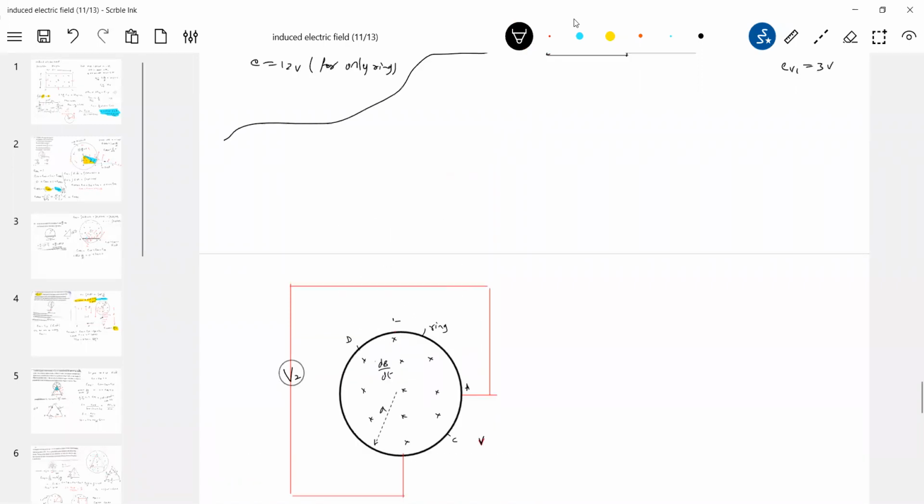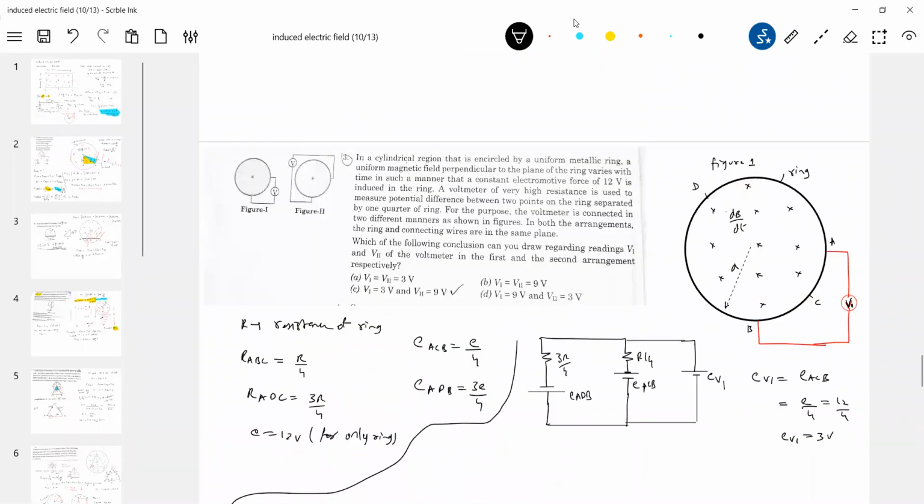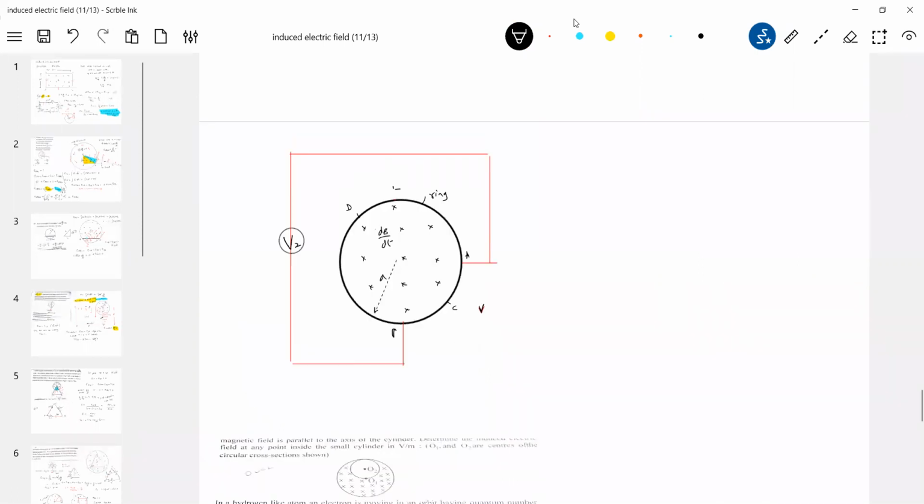Voltmeter V2. Is it okay now? So second diagram. And B bar everywhere into the plane. The same situation. A and this is B. Okay, now work out how much it should be. The net EMF induced in this loop should be 0 because no magnetic field is linking, and this should be equal to E. So 1/4 of this, the equivalent circuit should be